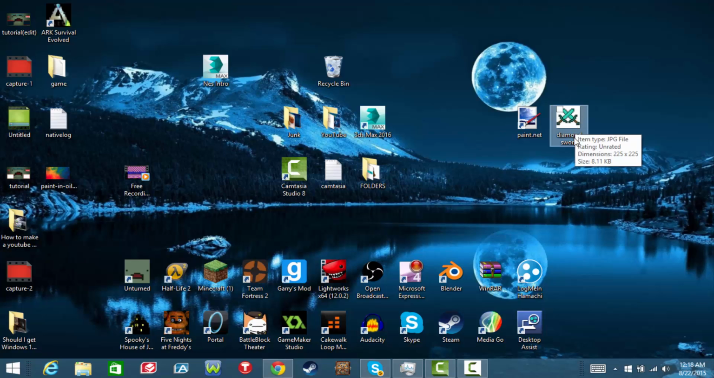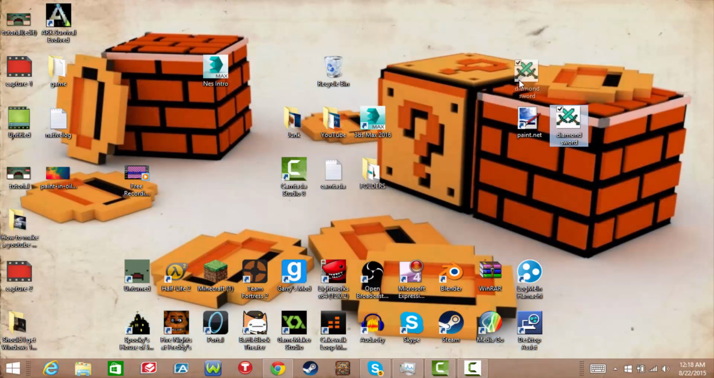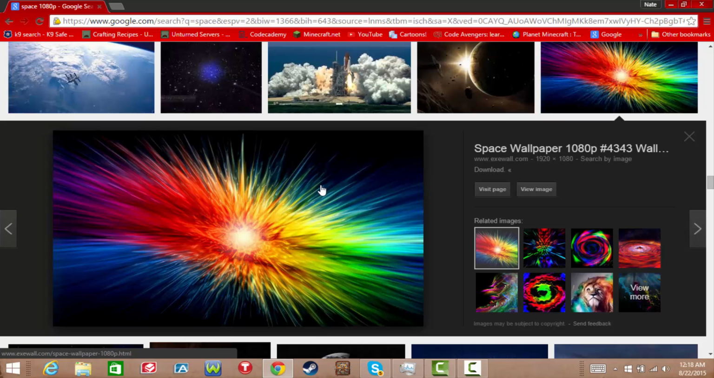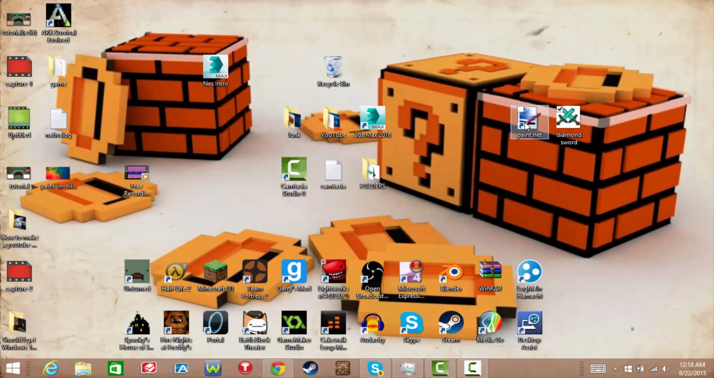Another thing is I have two diamond swords crossing because I'm making a Minecraft themed channel art. So if you want a special picture for your theme, like a pickaxe or something like that, or a gun or something from whatever game for your channel art, you should use that. And another thing you need is a background picture that either you made or you found. I just looked up space wallpaper 1080p, and I'm just going to go ahead and copy this image